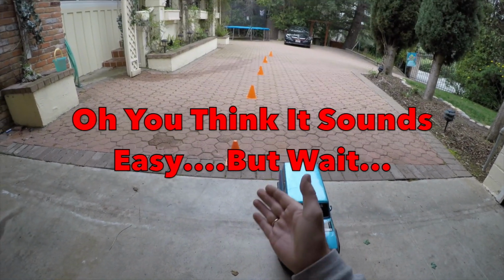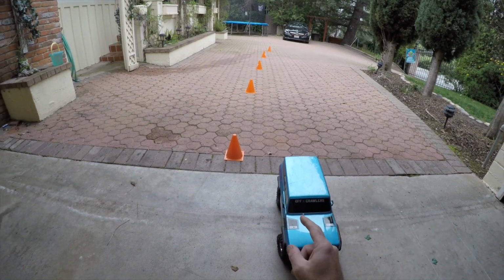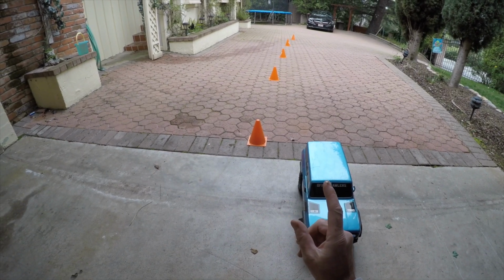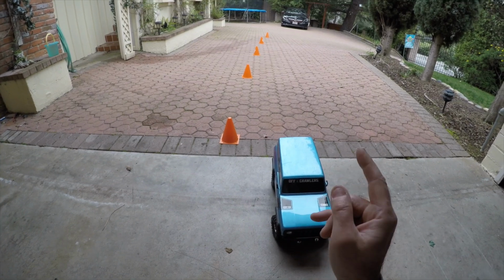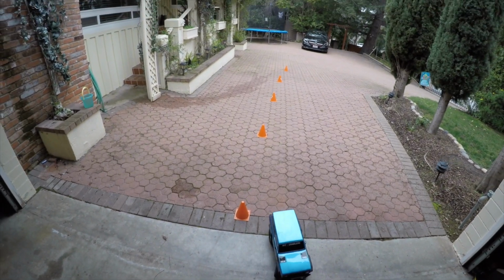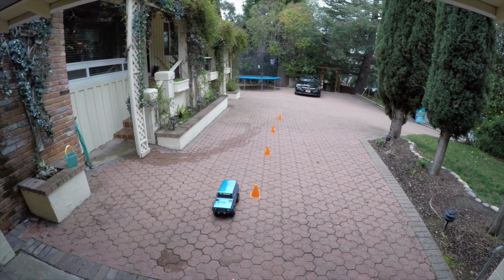Okay guys, so you've got your cones set up, 5 of them, 5 feet apart. All you've got to do is drive your RC car round them and back and time it, but there is just one catch. You're not doing it facing that way, you're doing it facing this way. It's called a reverse steer challenge. You're going to go down in reverse in your car, fast as possible,